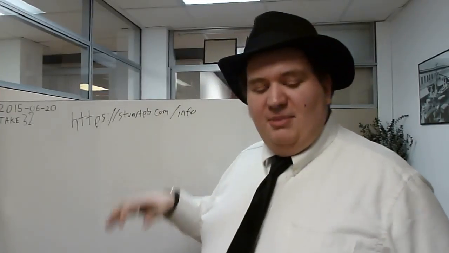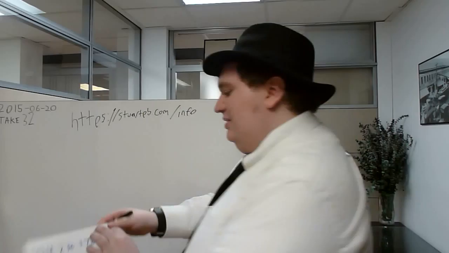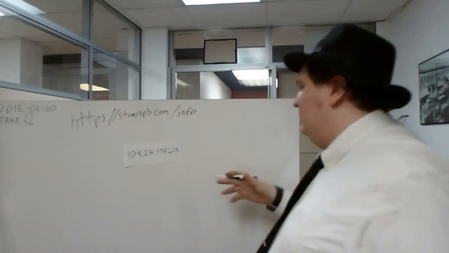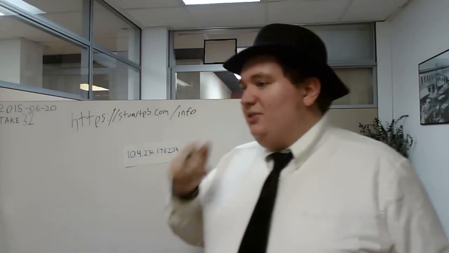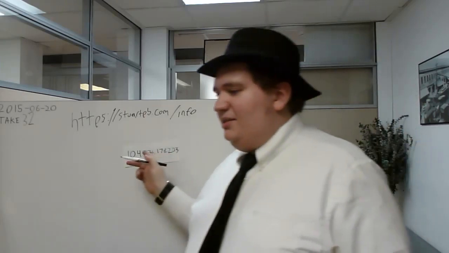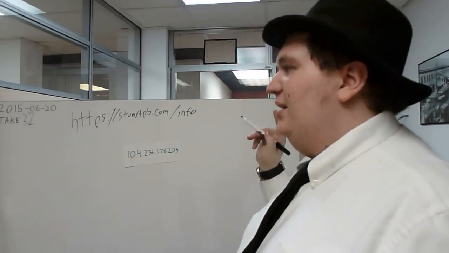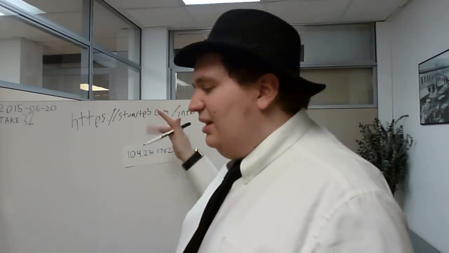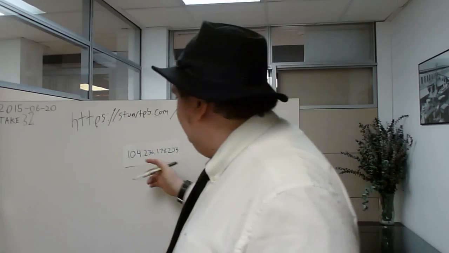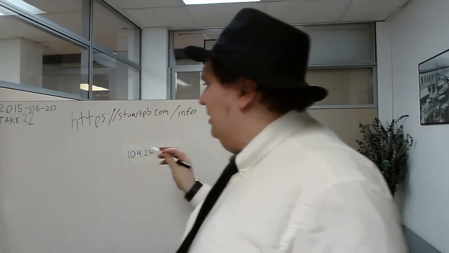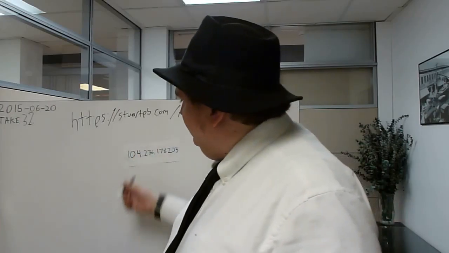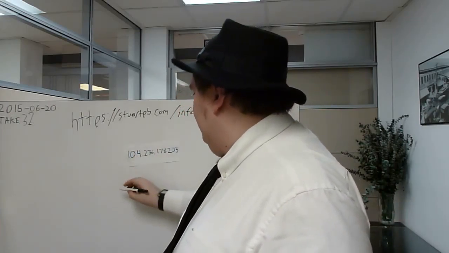So if you type that into your browser, it looks up StuartPB.com via the Domain Name System, and it finds the address, I wrote it down this time, which is 104.236.178.203. So it makes a connection using the IP, and it sends a packet to this IP address that looks like this: